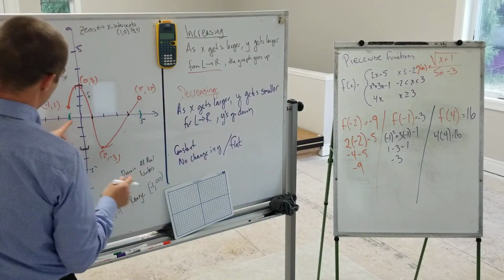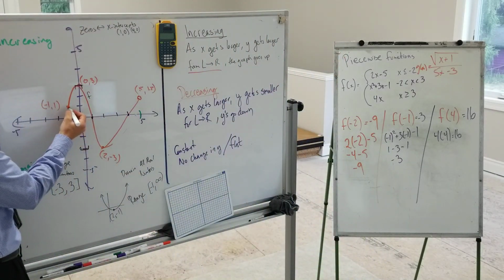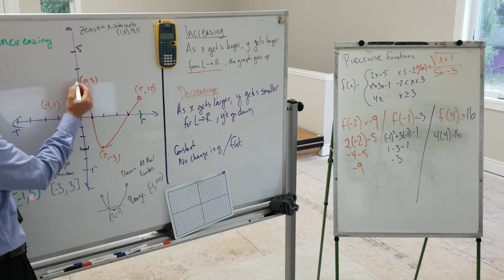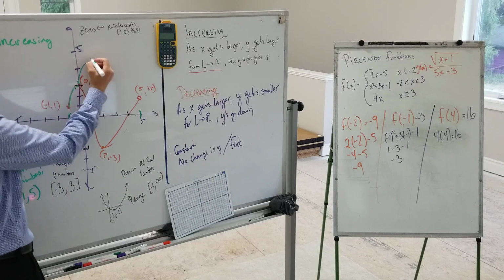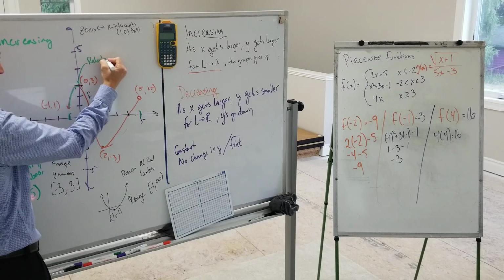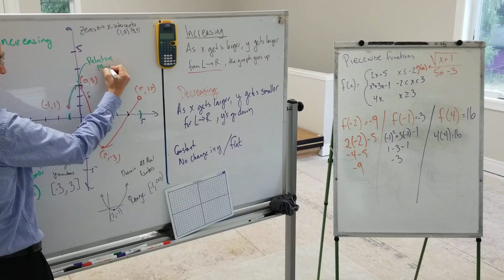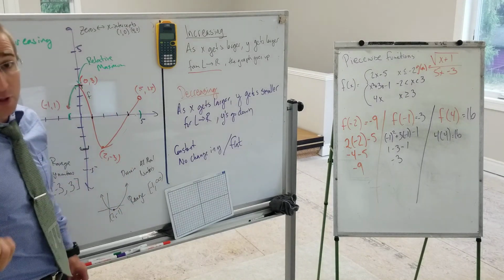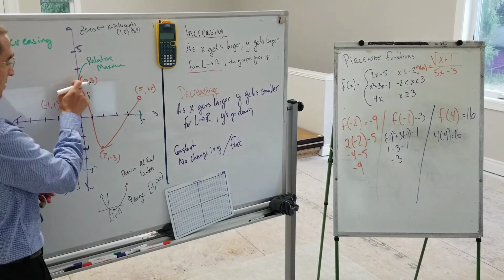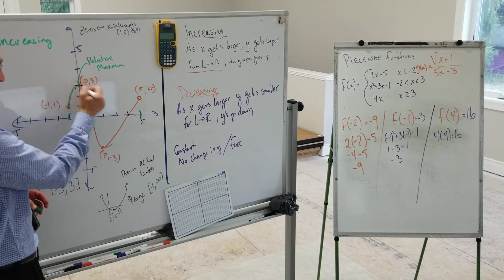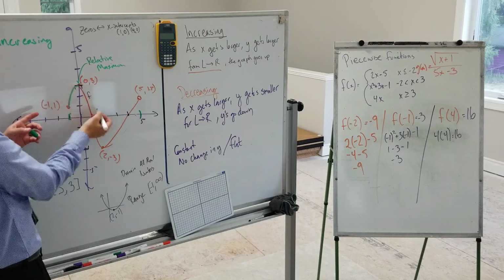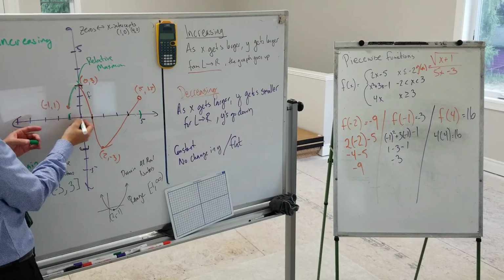So it's increasing. I'm just going to trace it. As I go from left to right, my y value is getting bigger. And then right here, we have what is called a relative maximum. It's actually also an absolute maximum, but basically it's the biggest y value in this little area. So we go up, and after that, it starts going down. So from -1 to 0,